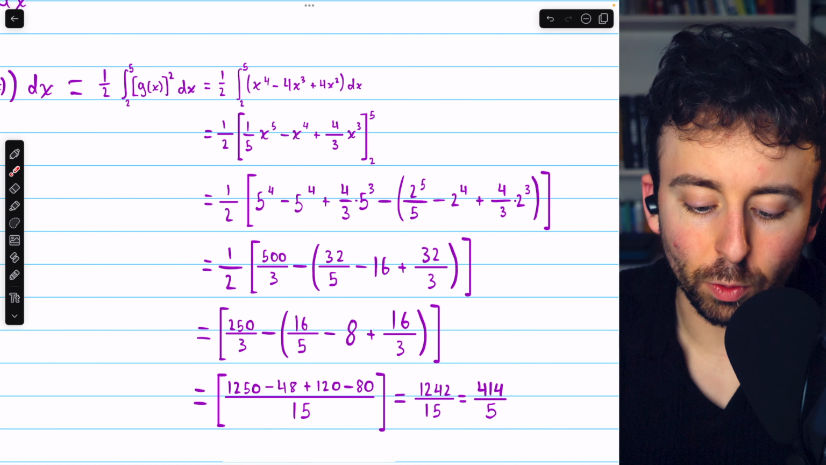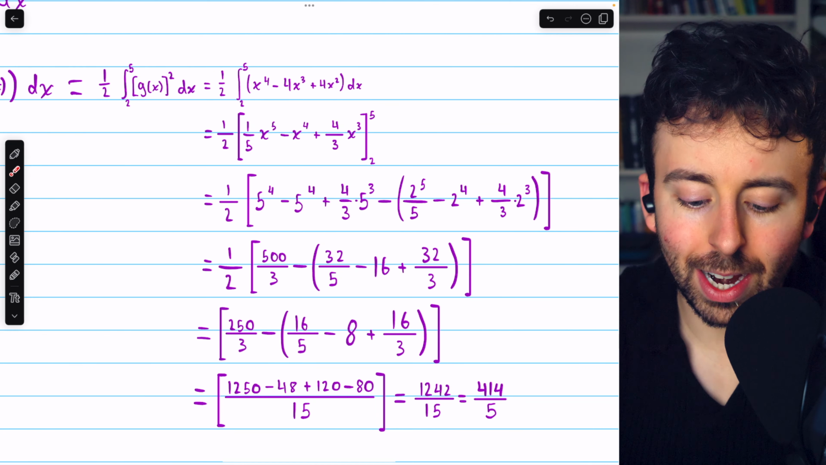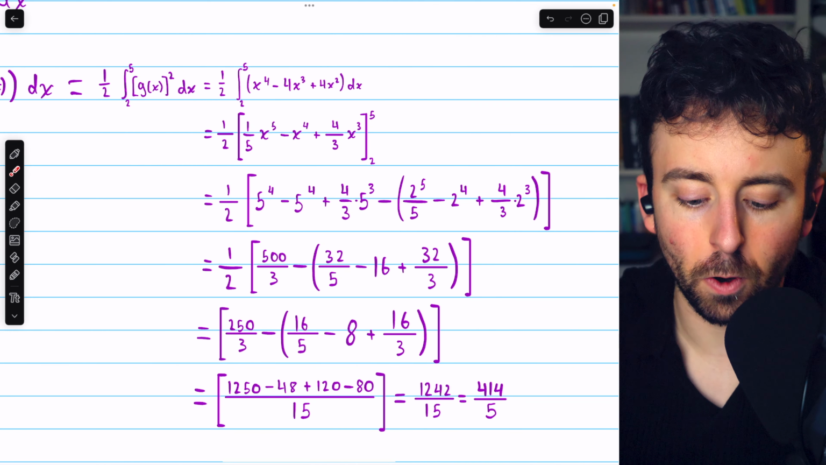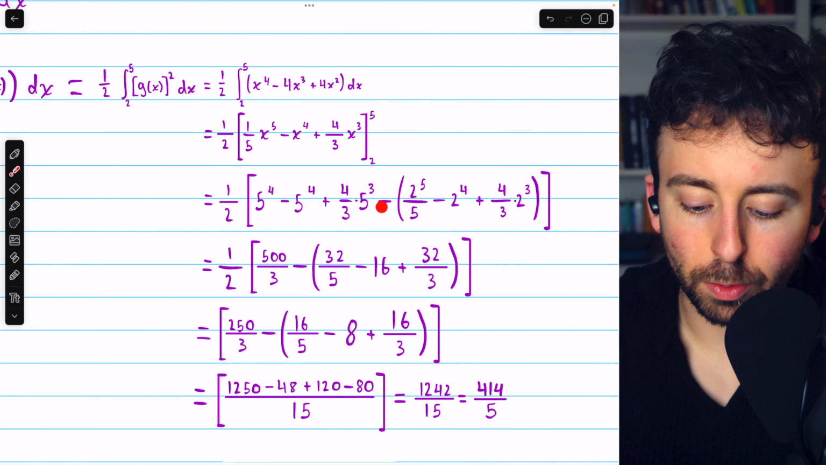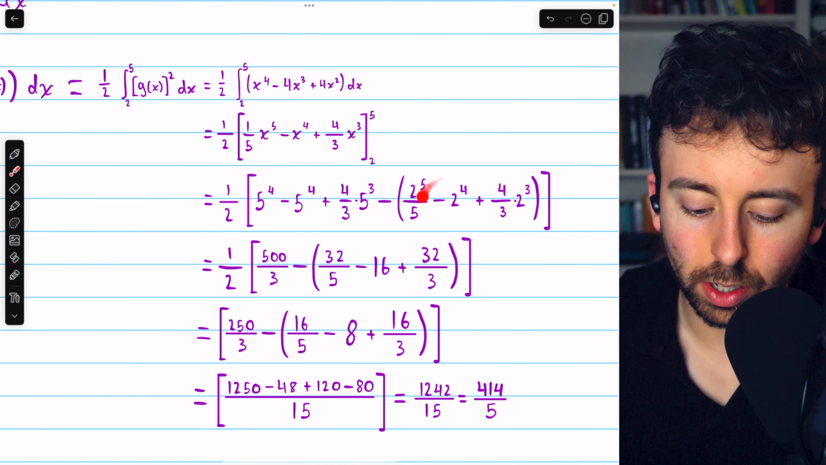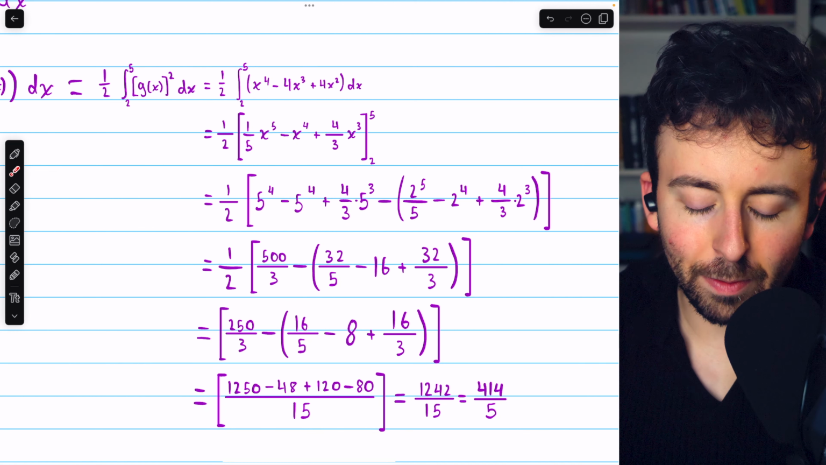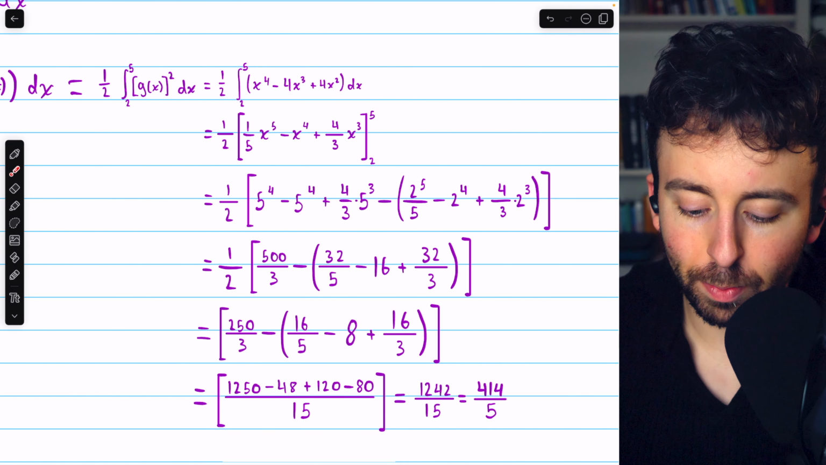You could try taking the derivative of any of these terms and find that it gets us back to the corresponding term in the integrand. We then plug in the upper bound of 5 and subtract, plugging in the lower bound of 2. Then everything from there is just some arithmetic,